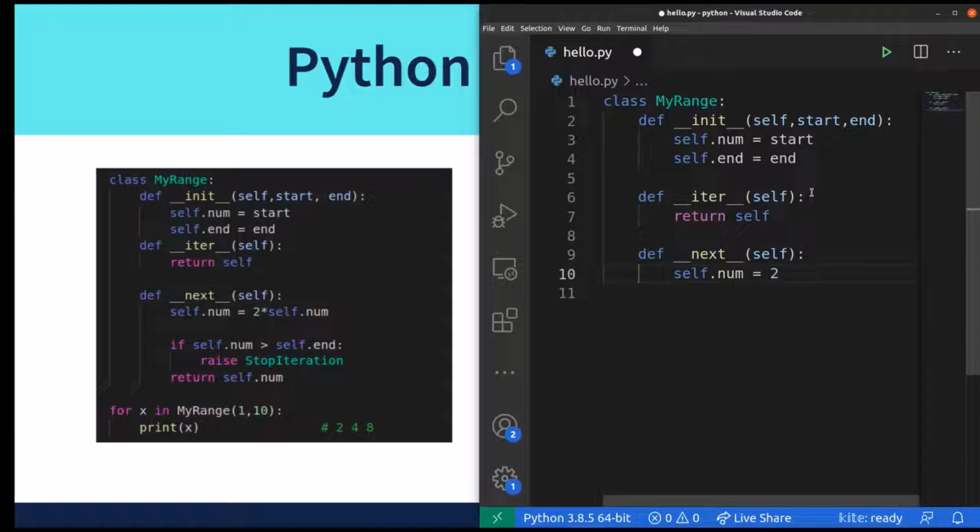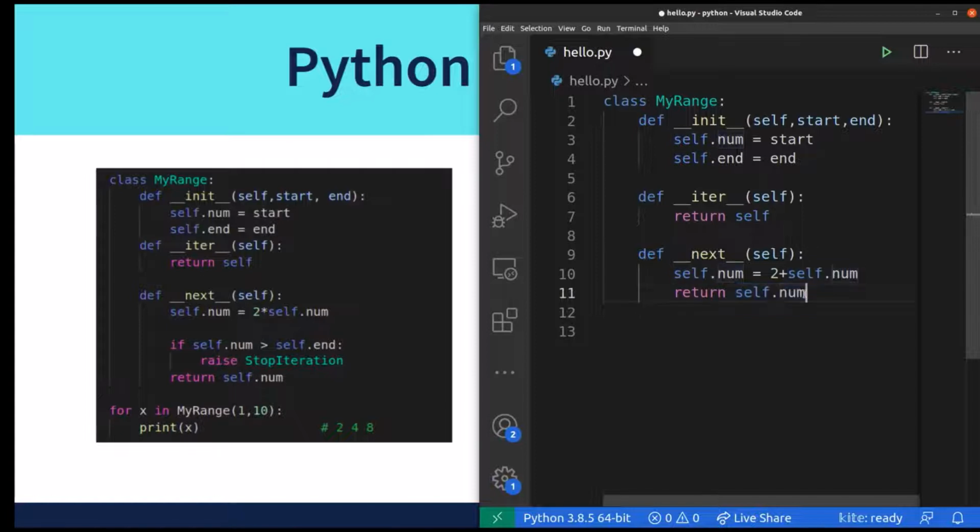So we can have this 2 plus self.num so that we can have this value to be 2 times added after every iteration. Now let's print return self.num. What it will do is, in every iteration, this is the number which will be saved inside an iterable. So we have created an iterator,